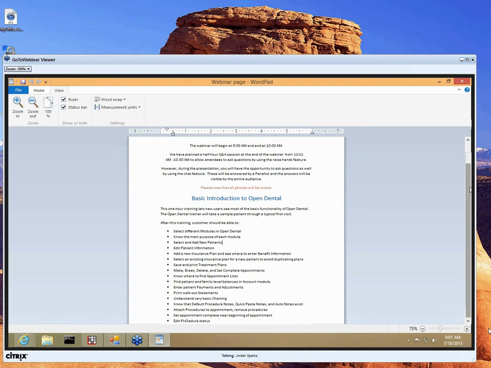So you should be able to select different modules within Open Dental and understand the purpose of each of these modules. You'll be able to select and add new patients, edit patient information, add a new insurance plan and see where to enter the benefit information, select an existing insurance plan for a new patient to avoid duplicating plans, save and print your treatment plans, make, break, delete, and set complete appointments, know where to find your appointment list,